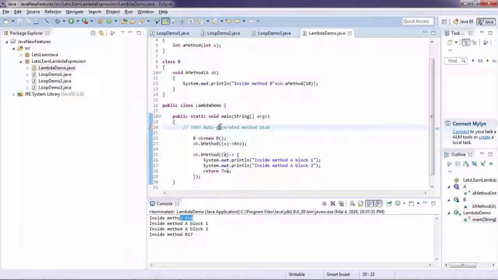So in this way you can create a lambda expression with a method that can have a return type, a method that can have argument, a method or a lambda expression that can have more than one block of code to